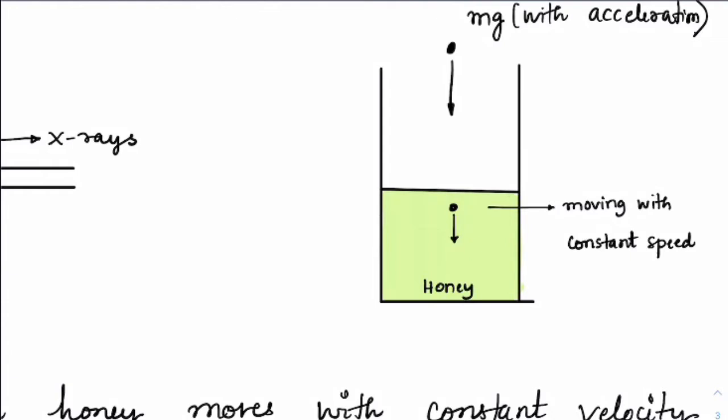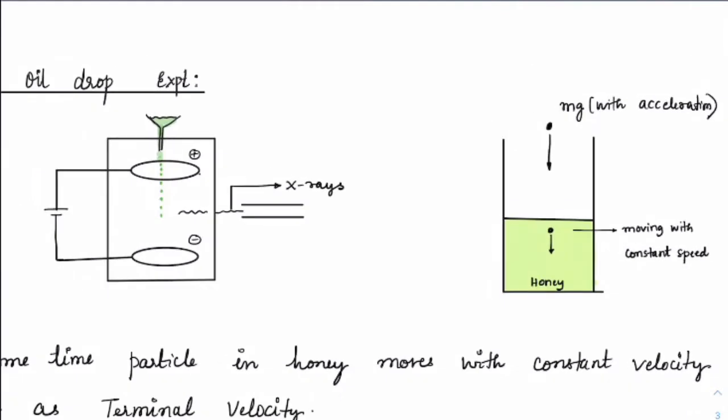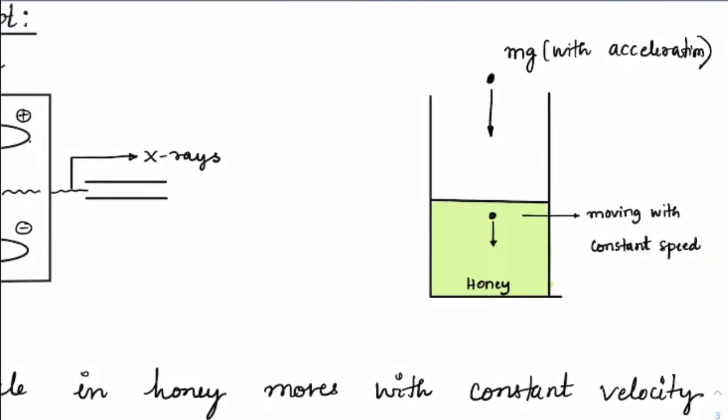For example, if you are dropping a feather from a particular height, it will also experience the same thing, right? That feather would slowly move down with a constant speed, right? Because it is having air viscosity. So because of the viscous nature of air, that would come slowly. So this is one thing you need to understand first, that any particle, if it is going through a viscous region, it would attain a constant speed after some time.